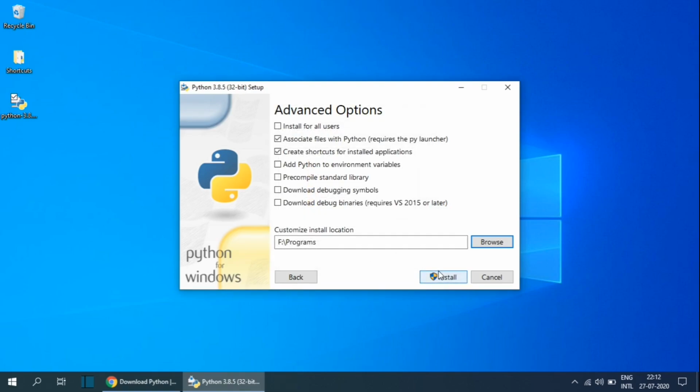I am giving the location as f:\program Python. You can give whatever location you want. Now I am going to select the checkbox Add Python to Environment Variables and click on the Install button.